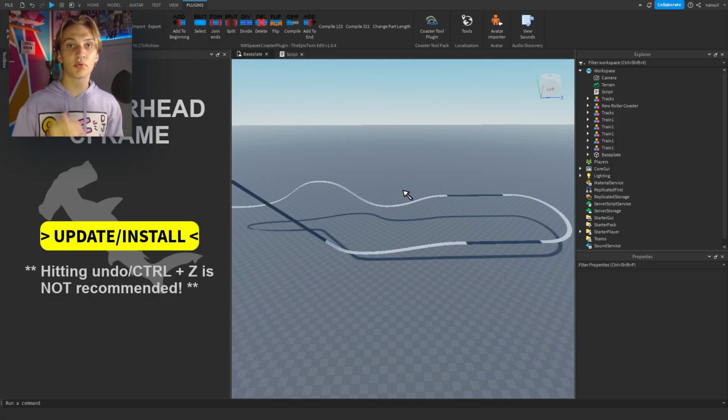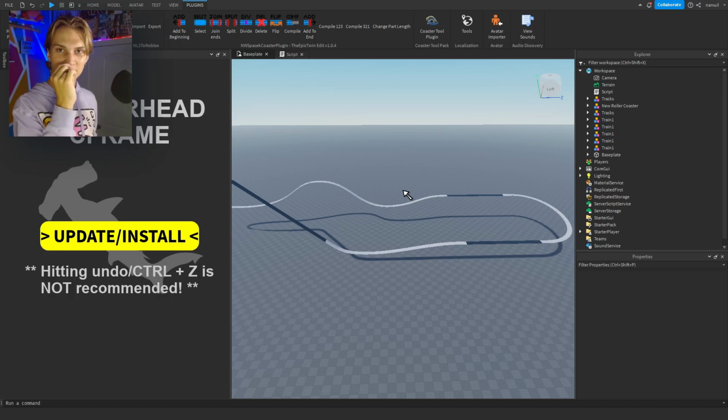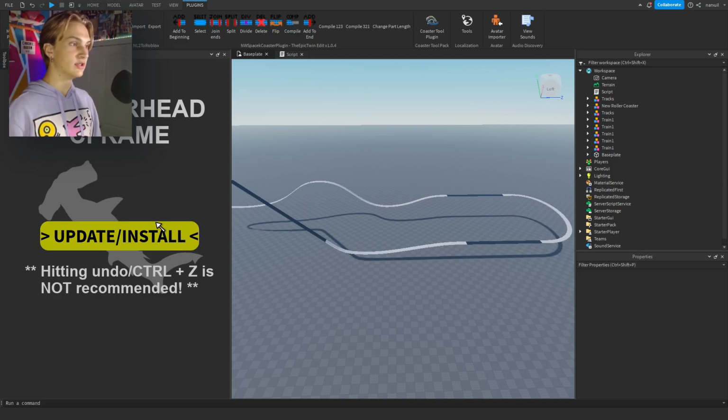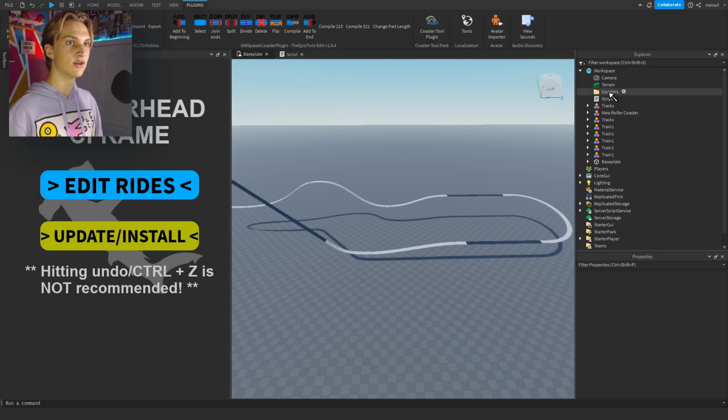Throughout the entire process of using this, do not hit Control-Z. It will break it. I've done that at least 4 times trying to create this, and it has destroyed it. So do not press Control-Z. If you make a mistake, go through and undo it manually by redoing your steps. Now, you're going to install, and on the side here,